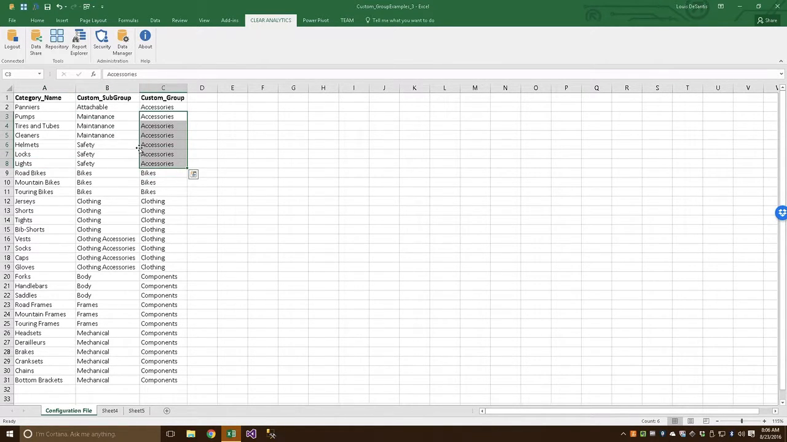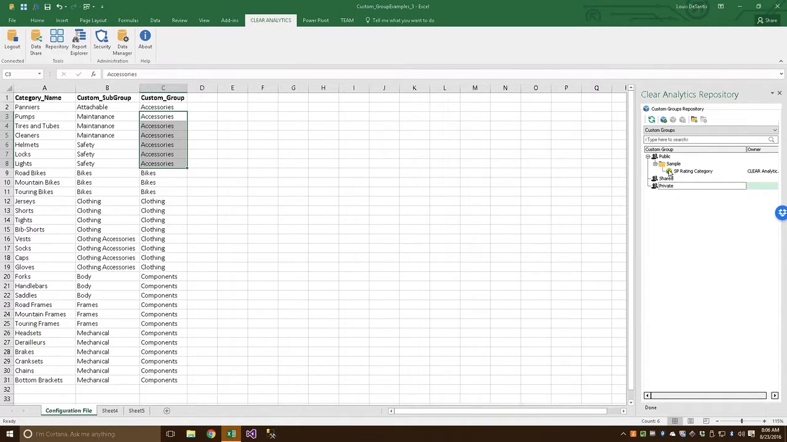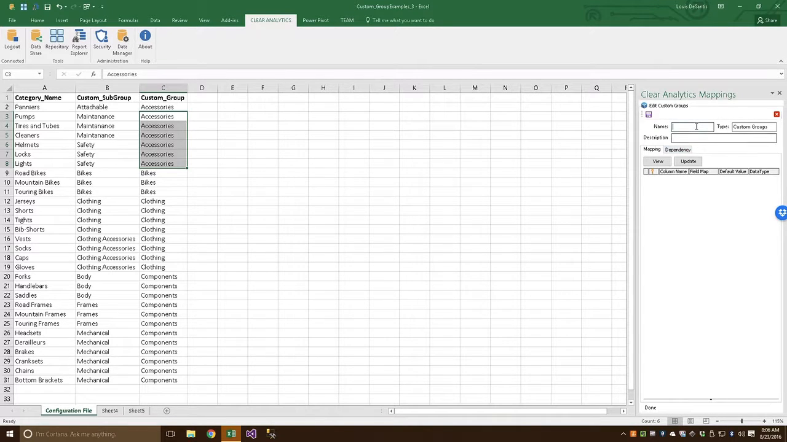Let's go ahead and load our configuration file into a Clear Analytics custom group so it can be leveraged into a report. We're going to navigate to the Clear Analytics repository right here. From the drop-down menu, select Custom Groups. Let's click the New Custom Groups button. Let's start by giving it a descriptive name. How about AdventureWorks Products